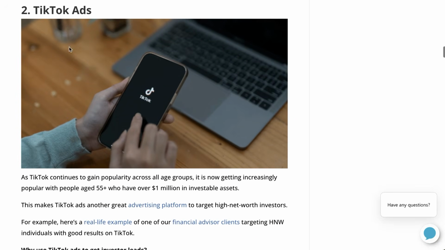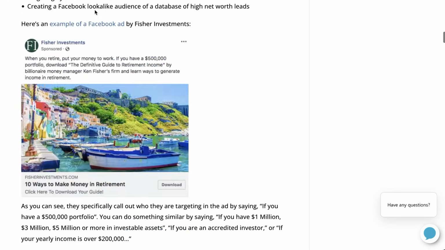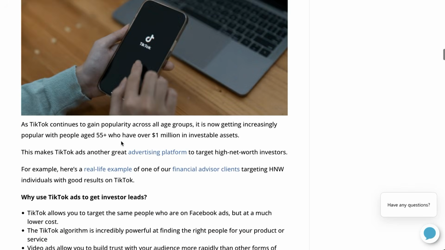However, I would recommend testing both Facebook and TikTok at the same time, and just see which one generates a better cost per lead, a better cost per appointment, and a better cost to acquire a new client for your business. For about 4 out of 5 of my clients, when they split test both Facebook and TikTok ads, they actually get better results on TikTok ads. However, there's always that 1 in 5 client that gets better results on Facebook, which is why I recommend split testing both and just seeing which one works better for you.